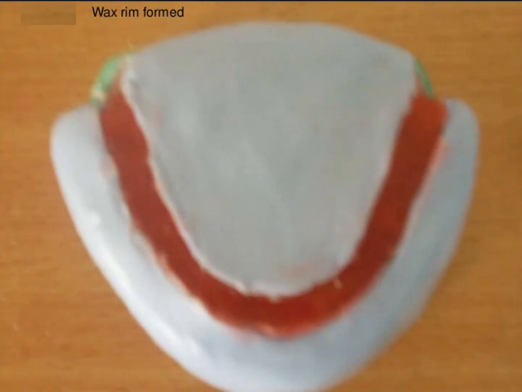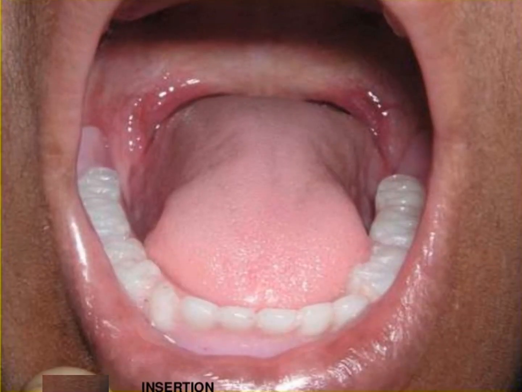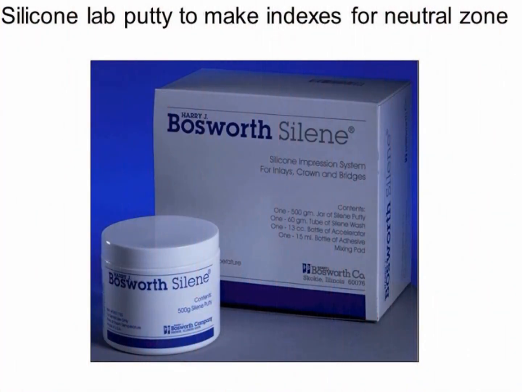Then pour wax into the space to create a wax rim to facilitate arrangement of the teeth, like that. So they arrange these in the neutral zone, and the matrices help to preserve the area of the neutral zone. Make a try-in in the patient's mouth. Also we can use silicone impression material to record the neutral zone